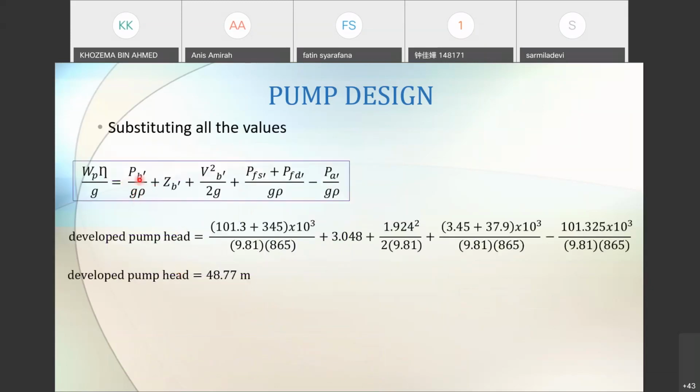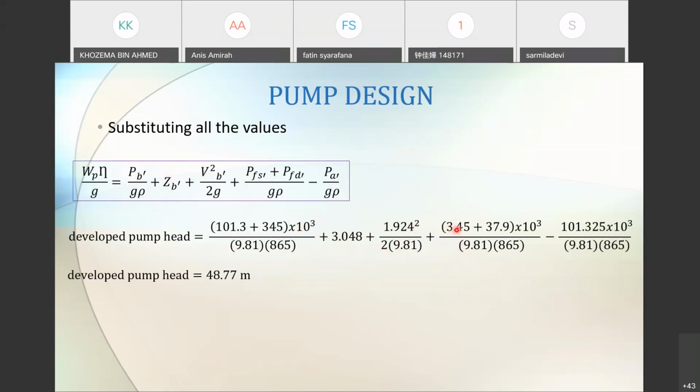Okay, so PB is your pressure at the discharge. Remember, it was given to us as the gauge pressure, which was 345. Now if you want to find the absolute pressure, you just add in 101.3. So you'll get your absolute pressure. The g value is 9.81. Density value was given as 865, plus your total height 3.048, plus your velocity that was calculated, squared, times 2g, plus this is the value of friction head